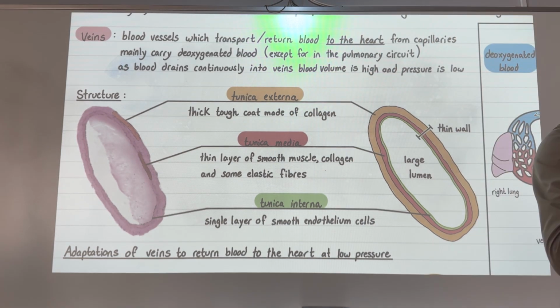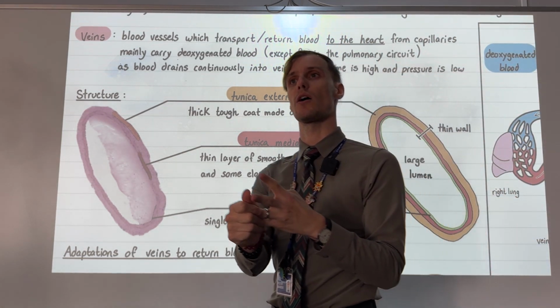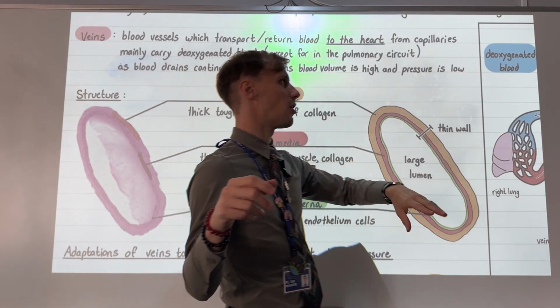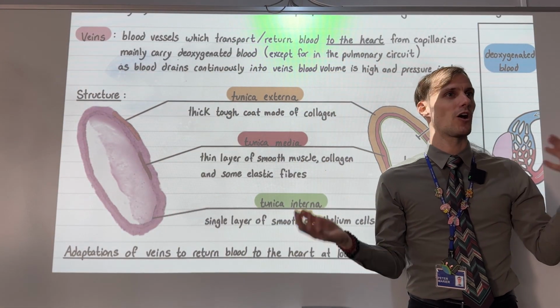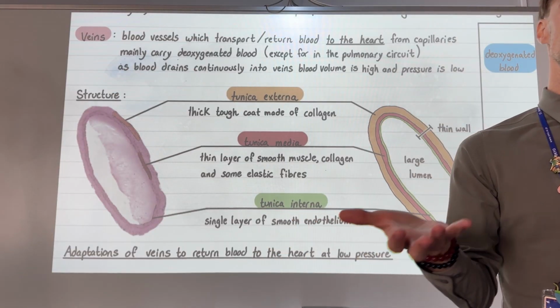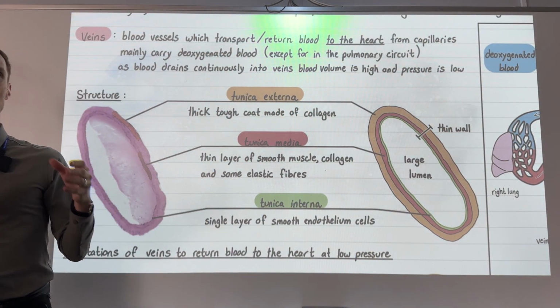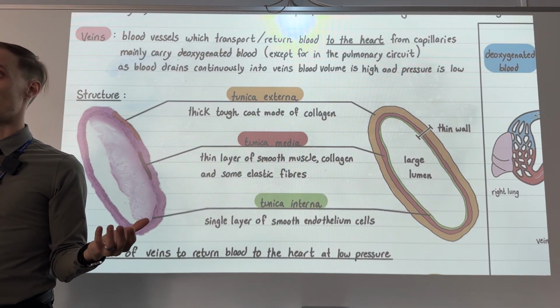So high pressure away from heart: arteries. Low pressure towards heart: veins. A good way to remember adaptations for arteries and veins is that if you know one, the other one is effectively the reverse. So actually, when you identify an artery versus a vein, which is a learning outcome, if I were to give